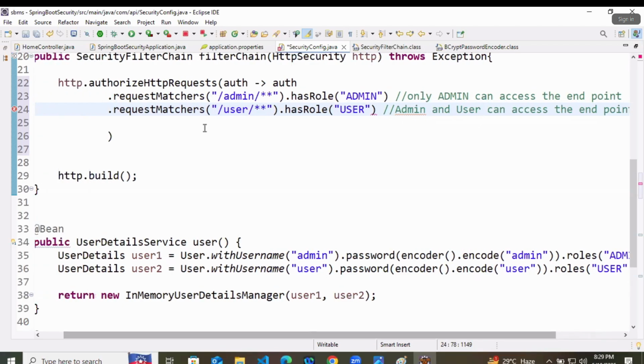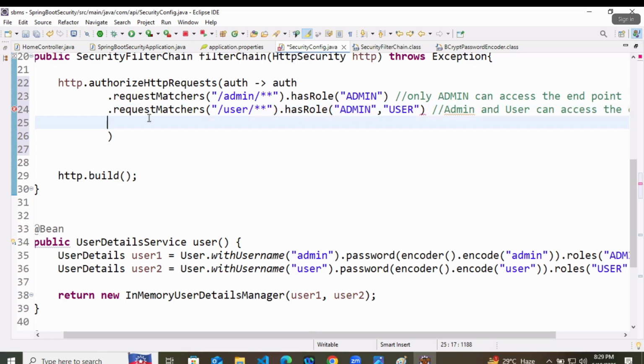So what we are doing here, we are matching two requests, one for /admin, one for /user, and we are assigning that, okay, if your request is coming from /admin, only admin can use, and if it is coming from /user, user can use it. But you have to tell it that both user and admin can use it. For that, I will type like this, admin comma user, so that if admin wants to check something related to user, it can check. Now if you don't want admin to check, you can just remove it.